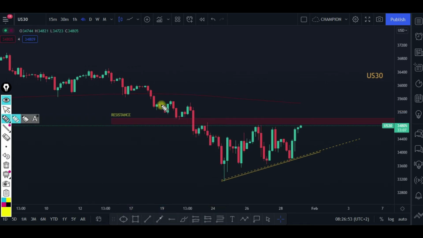The market came, respected the area and broke out of it, came to retest to make it a resistance, went down, came again, respected, and now it's at the resistance level. Let's hope the market breaks out of this resistance and gives us something like this,